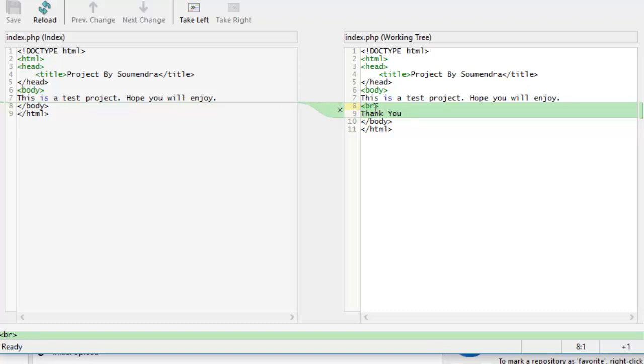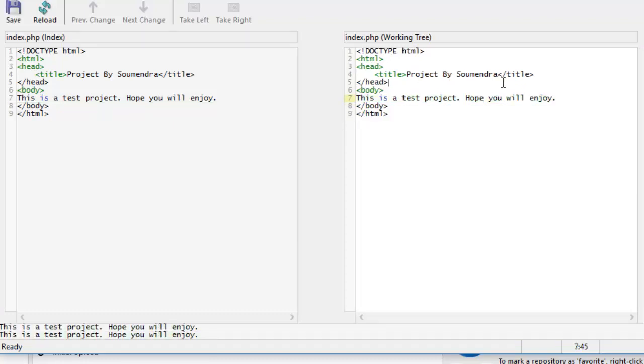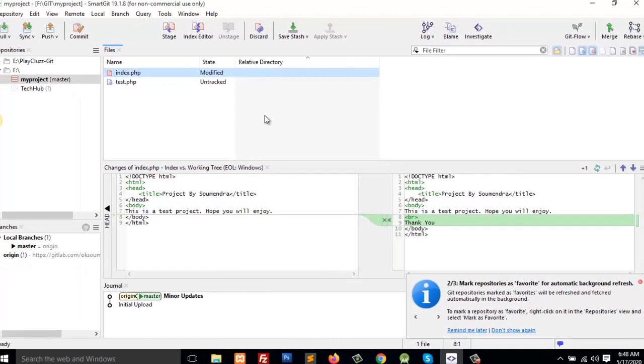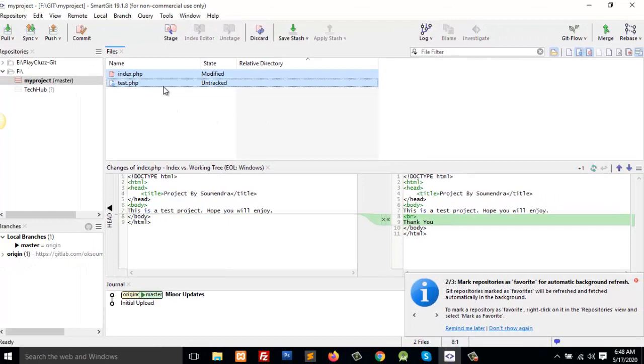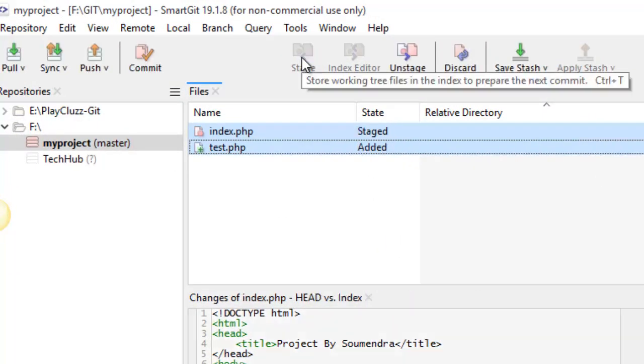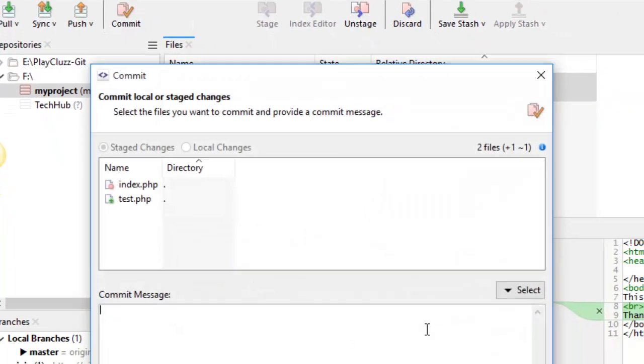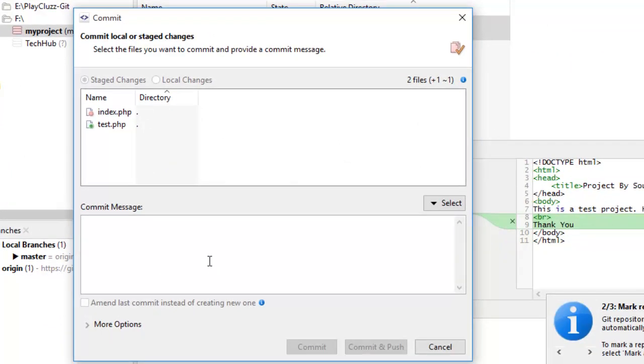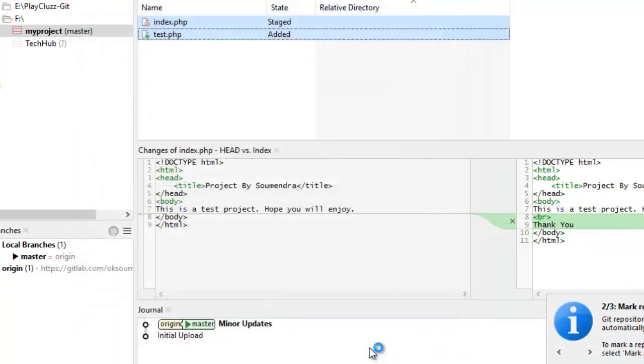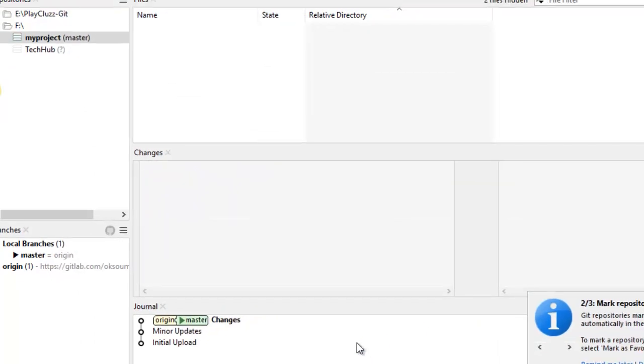So if I want to revert back, I just can cancel this from here. So this is similar to the previous one. So let me undo this and save this. So here are the 2 changes. I need to select both the files and then stage. Finally I need to commit and push. Let me give another comment here, changes. I will do commit and push. So basically till now I have done 3 commits.